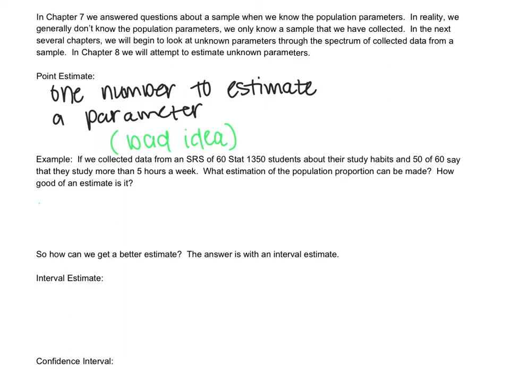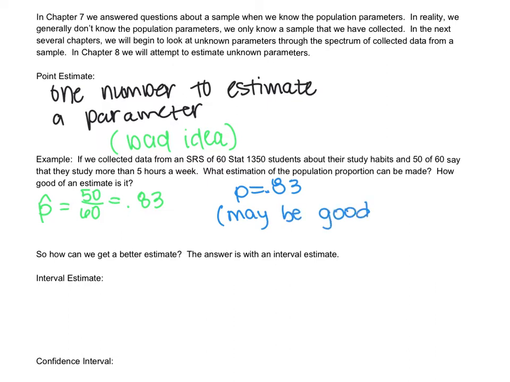So we know that p hat is going to be 50 over 60, which is 0.83, which means that would be our population parameter estimate, so our proportion would also be 0.83. So it may be good, it may not, but it is